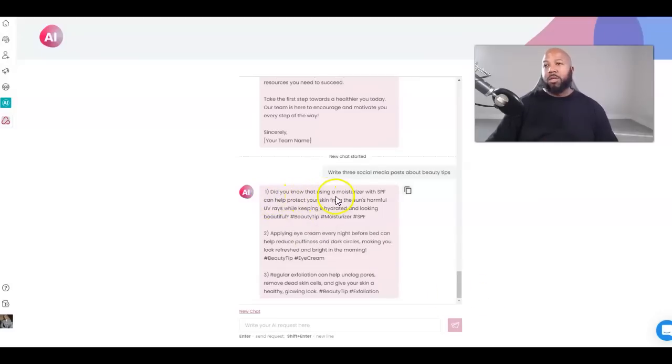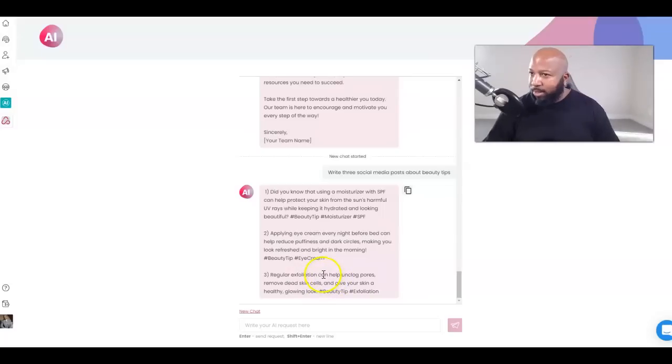Did you know that using a moisturizer with SPF can help protect your skin from the sun's harmful UV rays while keeping it hydrated and looking beautiful? Beauty tip, moisturizer, SPF. Applying eye cream every night before bed can help reduce puffiness and dark circles, making you look refreshed and bright in the morning. Beauty tips, eye cream. Number 3, regular